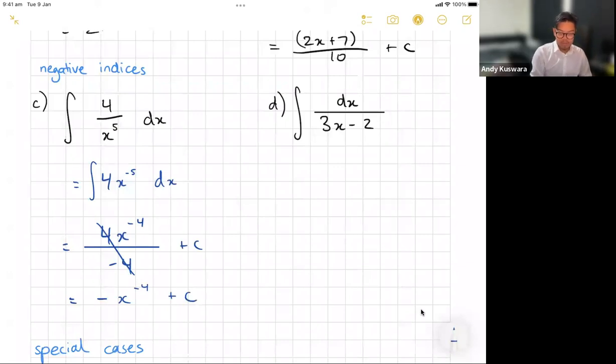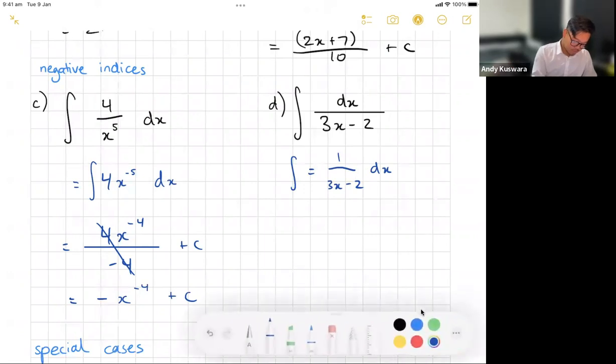There you go. And for this one here, if you've got a question like dx over 3x minus 2, this is the same thing as, and I'm going to write this down because it'll be helpful, 1 over 3x minus 2, dx. Some people freak out, like, oh, now the dx is on top, it's not on the right. It's the same thing, just written differently. Now, I wrote integration equals integration. That's better. It's the same thing. Remember, if it's 1 over something, essentially what it is,